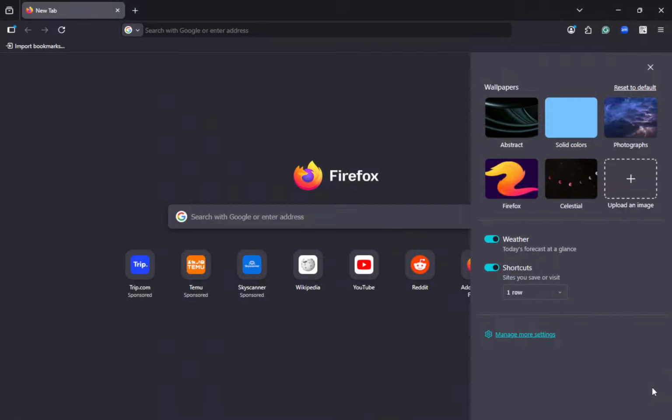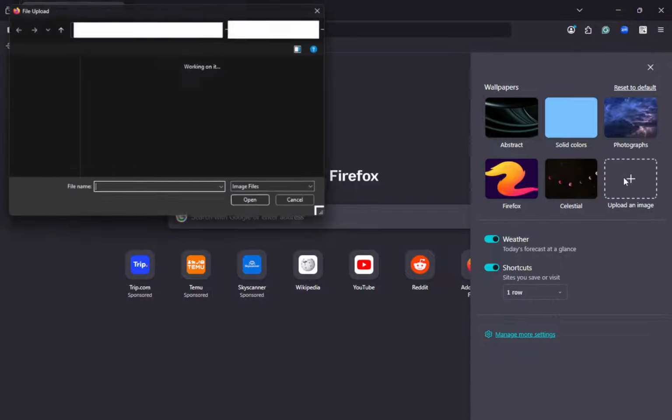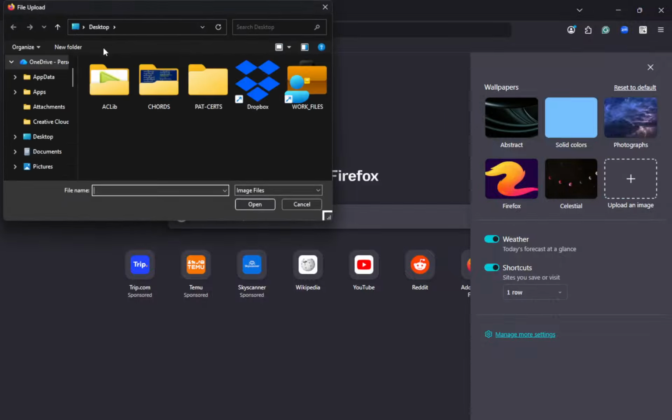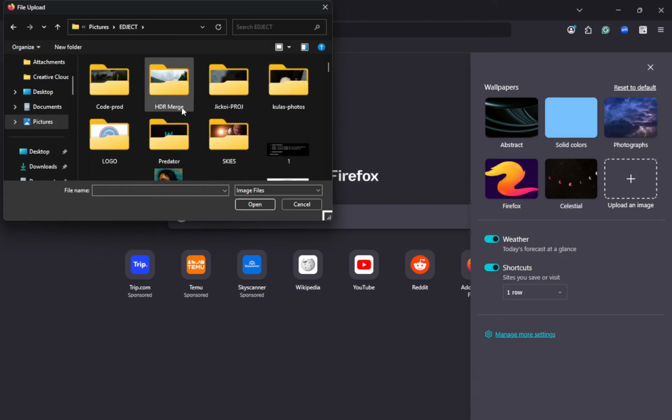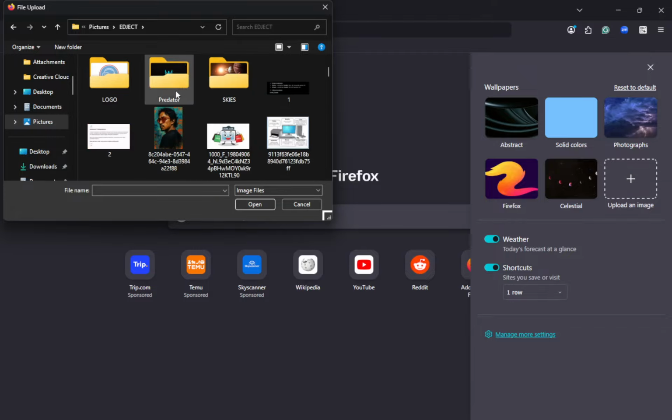Next, select your preferred background. If you're choosing from the built-in options, just click on the one you like best. If you are uploading your own image, navigate to the file location and select it. This action is satisfying as you will see your selection immediately reflected in the preview. It's a simple process that personalizes your browsing experience, making it feel more unique and enjoyable.